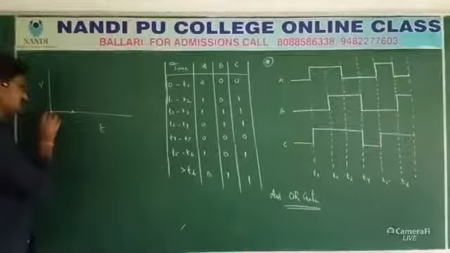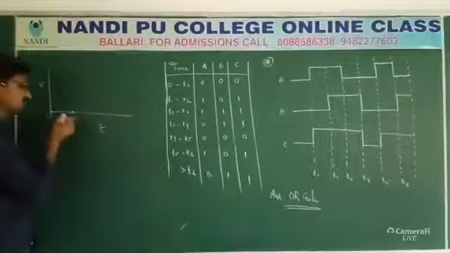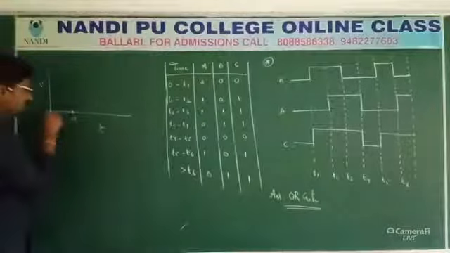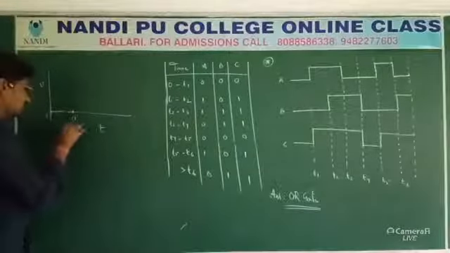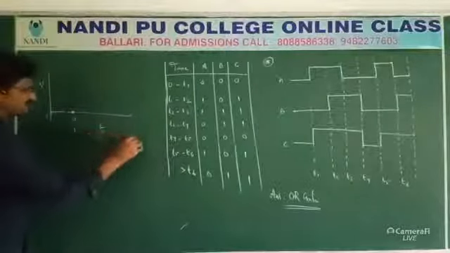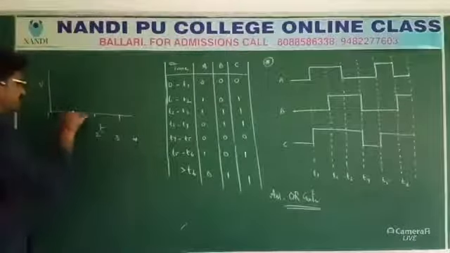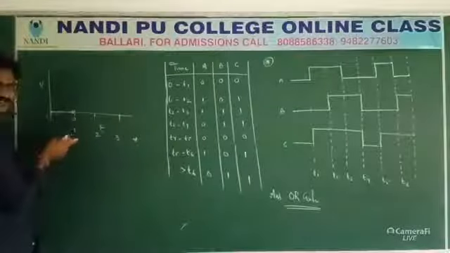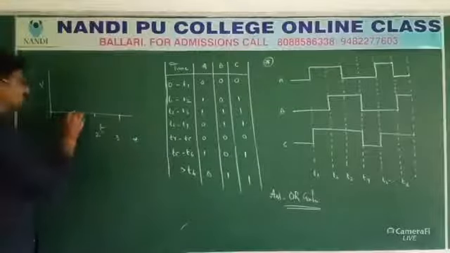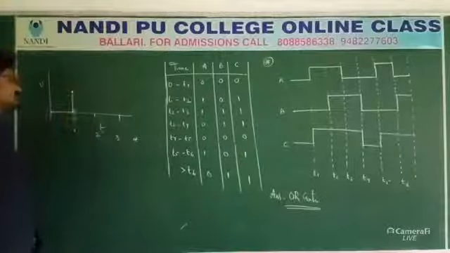What is initial? 0. Up to here also 0 only. So what is the meaning? 0. At a particular time, for example 1 second, 2 seconds, 3 seconds, 4 seconds. These are the time intervals. Up to the first second, what is V? 0 only. Yes. Now there is a rising.